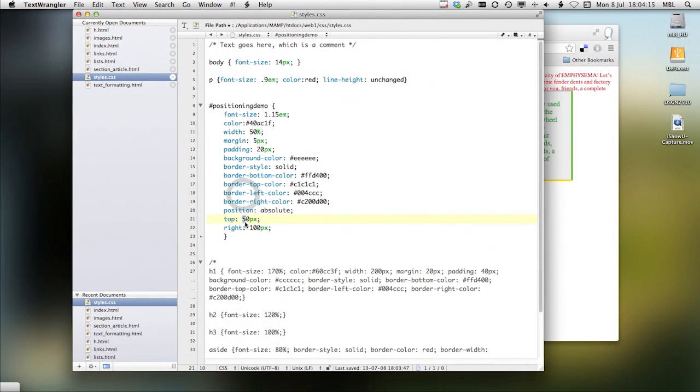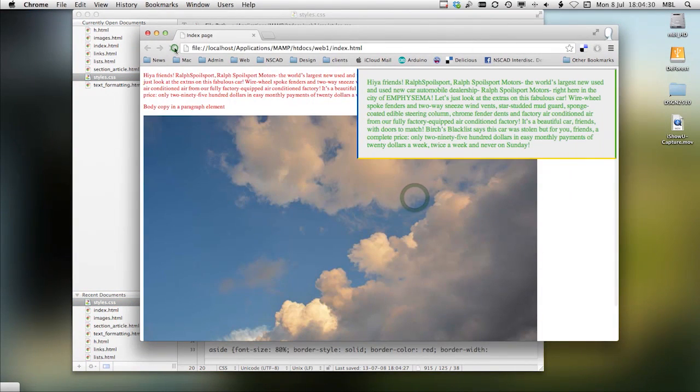Let's try a different kind of positioning. We'll go back to 0 pixels, top and right. Let's change the position to fixed and see what happens. So it looks to be, at first, just like the original absolute with 0 pixels on the right and 0 pixels from the top. But what happens if I scroll